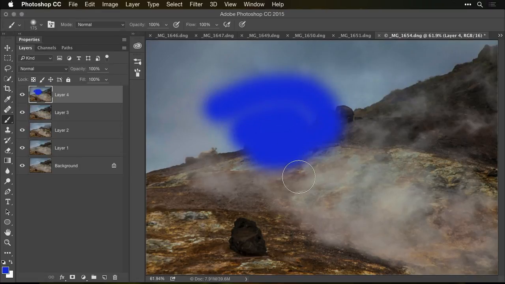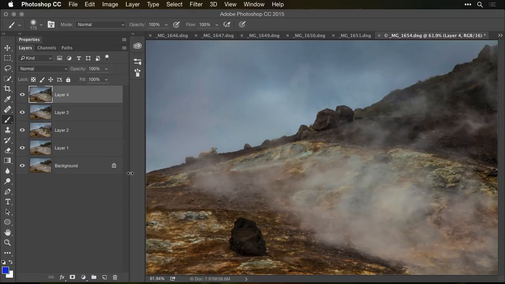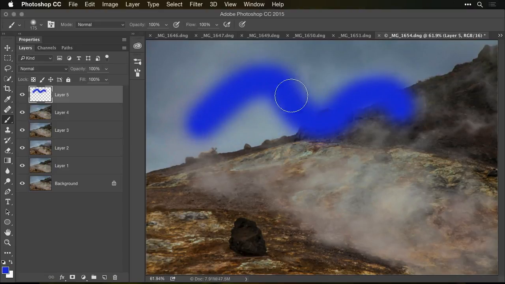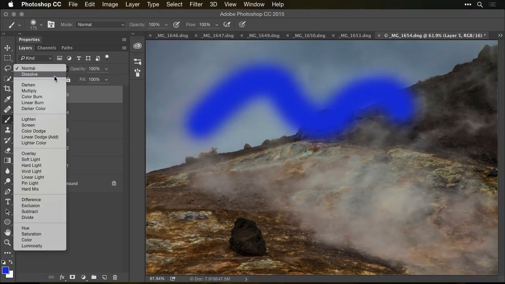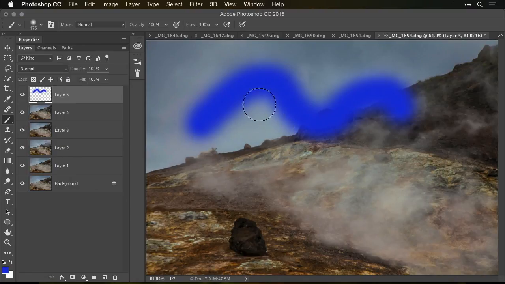Well, I'm going to change the blending mode of this layer, and it's going to make it so that that paint is going to act differently. So before I do this, since I'm going to do it on its own layer, I'm going to create a brand new empty layer to put my paint on. So that's what I have right here, empty layer. I'm just going to paint a few strokes, and then I'm going to change the blending mode to the first choice. It's called Dissolve. What Dissolve is going to do is it's going to take the contents of this layer